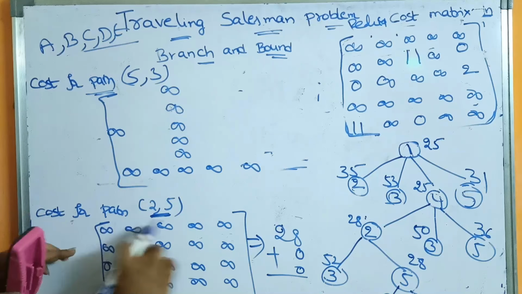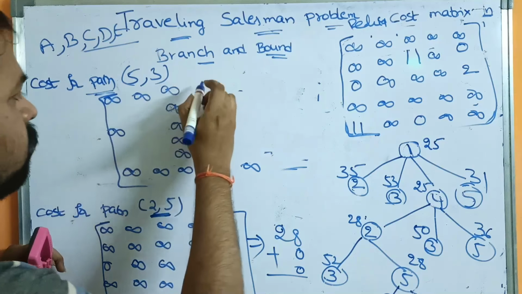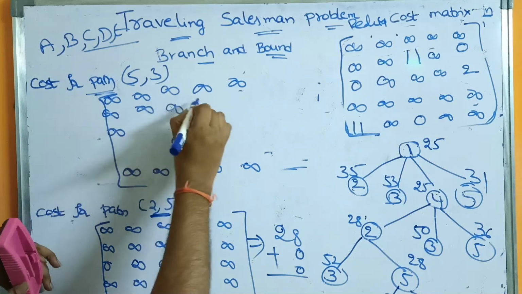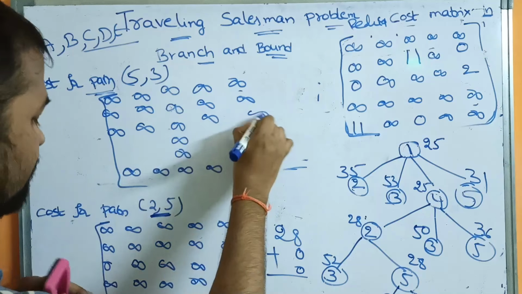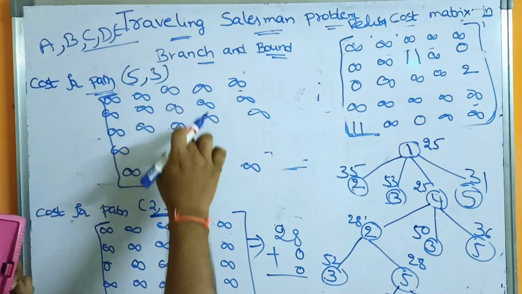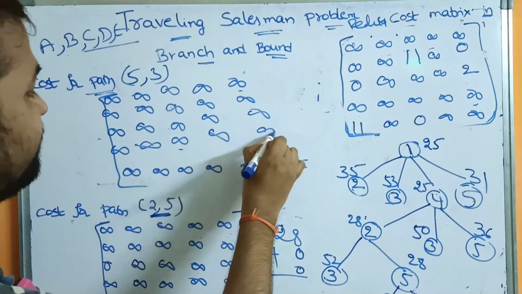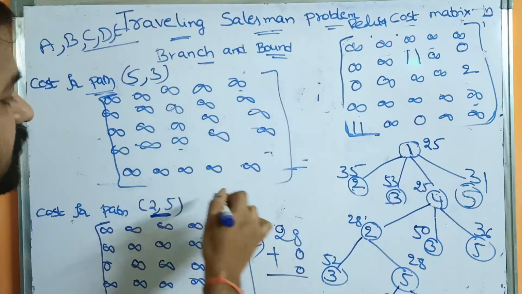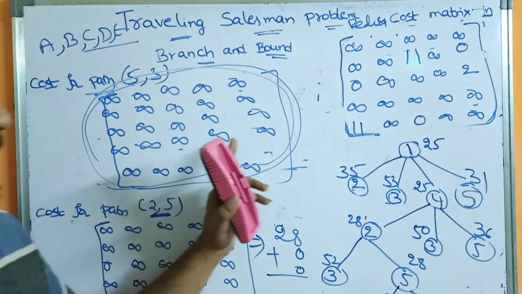Now let us note down the remaining values. So the remaining values of the first row are what? Infinity only. And the remaining entries of the second row are also infinity. Here also the remaining entries are infinity only. Fourth row also, the remaining entries are infinity only. So let us assume that this is the fourth row. So 1, 2, 3, 4, 5. This is nothing but the last row. So if you observe here in the last matrix, we will get all the entries as infinity.